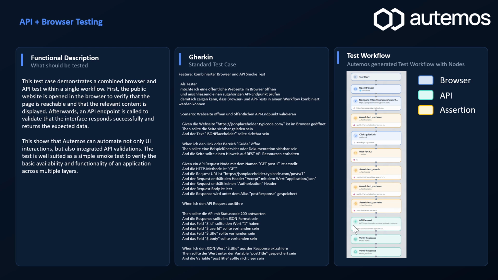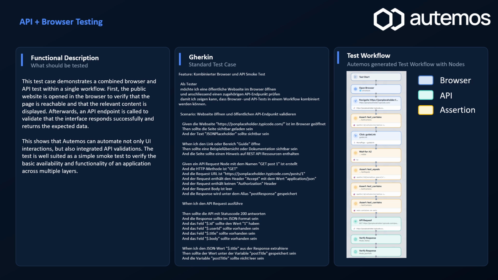Then we do a GET call to get some information via the API request. And we verify in the response of this API call whether we got a 200 status code back, and if the information we get in the